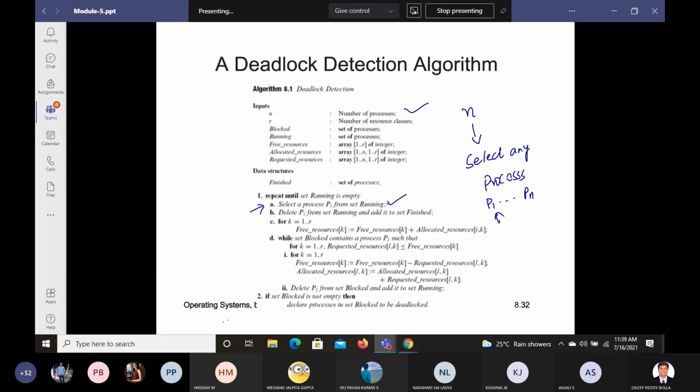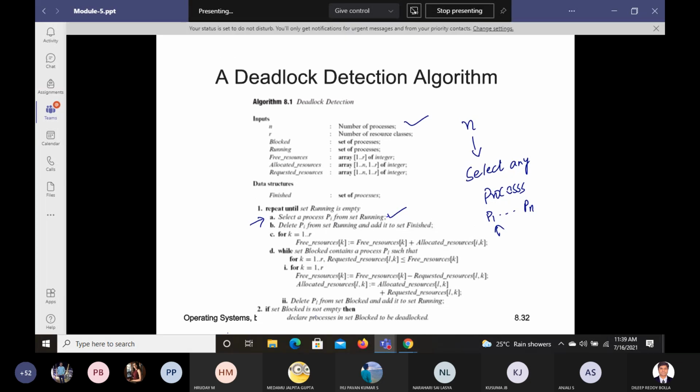Okay. So once we select this PI process, now what we are trying to do here is, we are going to delete that from the set of running because already this has been verified. This process PI is verified. Now we are going to delete that from running and we'll add that to a finished list. All right. Any confusion in that statement? We want to verify n number of processes.